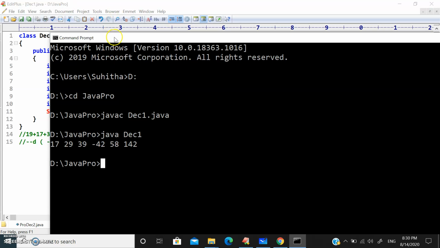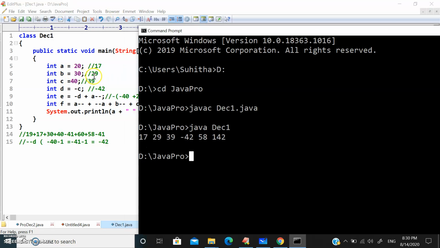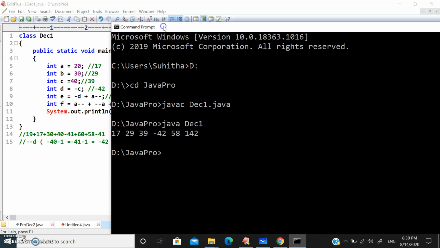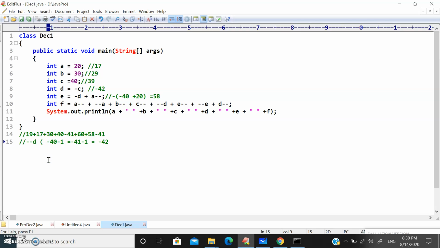So let's check the value of A. The value of A is 17, B is 29, C is 39, D is minus 42, and E is 58, and the final value is 142.